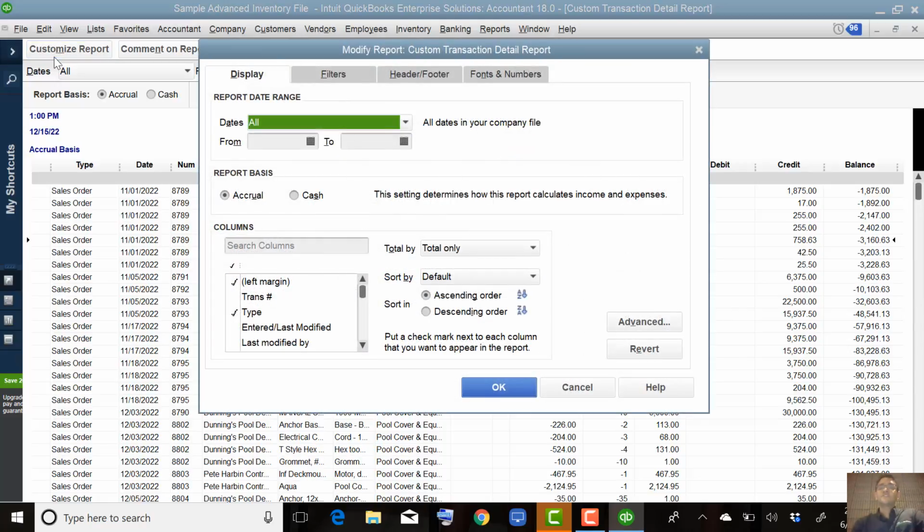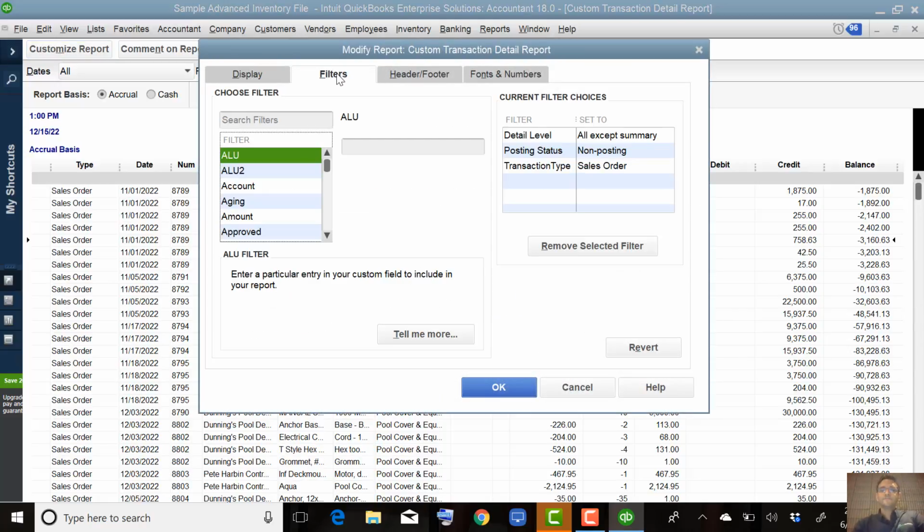But when you click on Customize Report, and then you click on Filters,